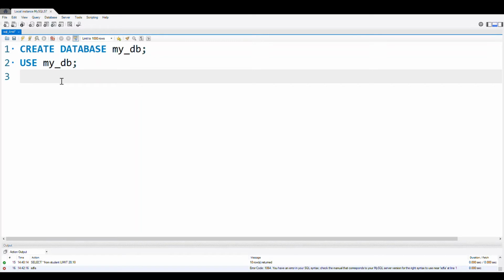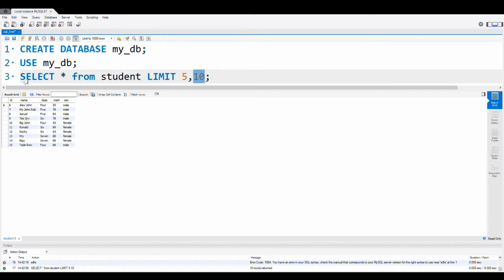By using the limit command in a query, we can restrict the number of records to be returned from the table. Let us start with a simple limit command where we use two integers. We use the limit query with two integers as inputs. 5 says the position of the records from where we want to return, and 10 is the number of records we want to return. So this is the offset, this is the limit. Now let us execute it. So this command will return us 10 records from the 6th record up to the 15th. So this way we get it.